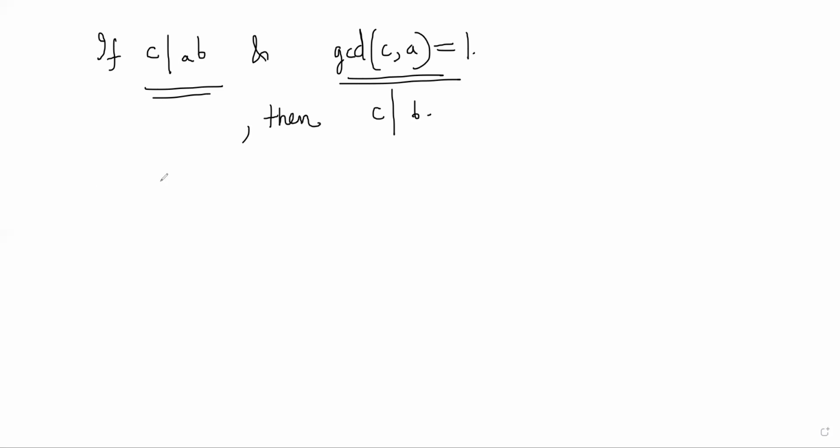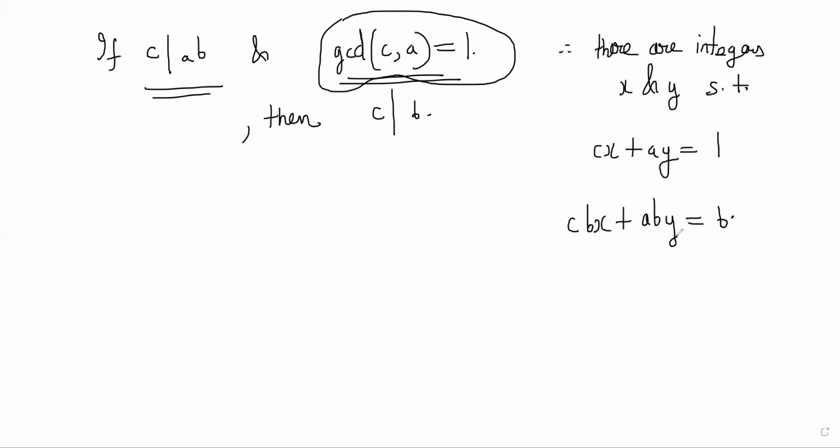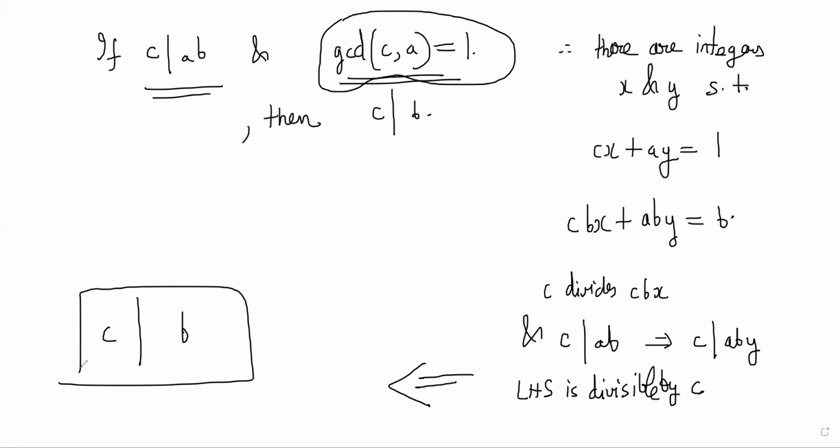We can prove this in a simple way. We say that GCD of C and A is 1. Therefore, there are integers x and y such that Cx plus Ay is equal to 1. This is from Bezout's lemma. Now, if we multiply both sides by B, CBx plus ABy is equal to B, right? Now, here we know that C divides CBx and C divides AB. So that implies C divides ABy. So LHS is divisible by C. That implies RHS must also be divisible by C, that is, C divides B, correct? Right. So this is basic stuff and basic theory of GCD and LCM that you need to be aware